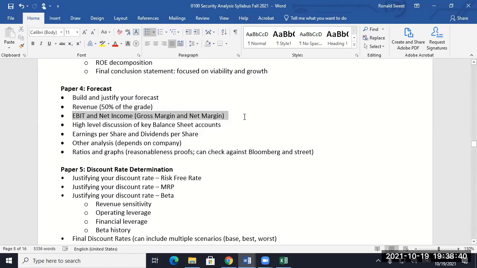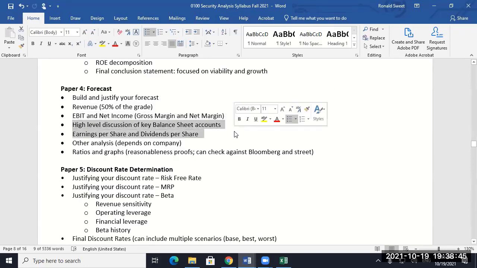And then do the pieces of the income statement, margins, high level discussion of balance sheet. A lot of what you're doing in this paper is most of the work is the Excel, getting the forecast built. So really all you're doing when you're getting to the paper is just explain what you did. My accounts receivable I did as a percentage of revenue, looking at historical trends. My accounts payable as a percentage of cost of goods sold, look at historical trends, and it's just explaining those type of things. My debt to equity, whatever you have in there.